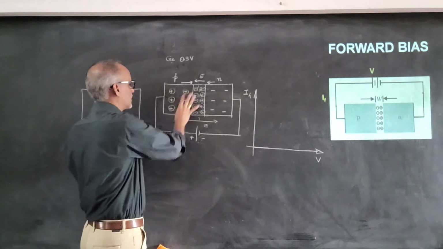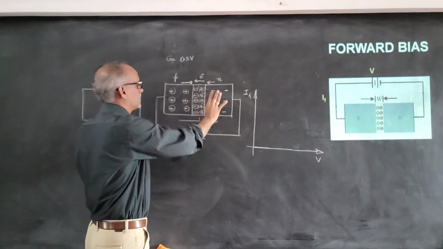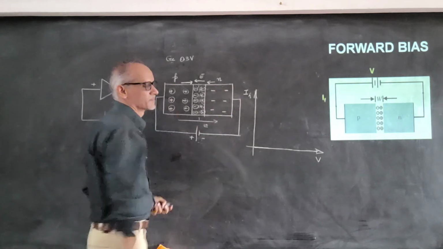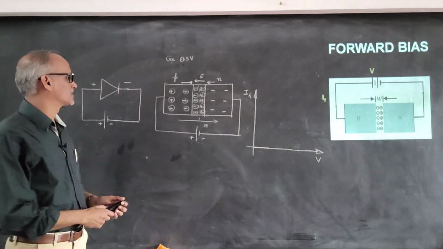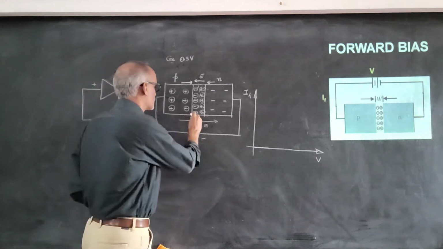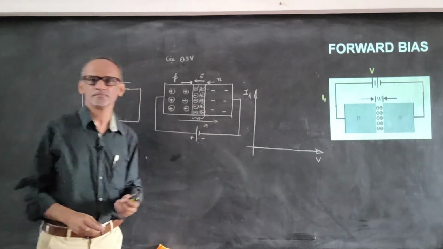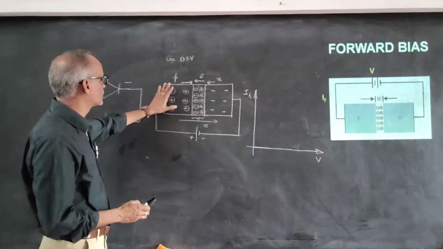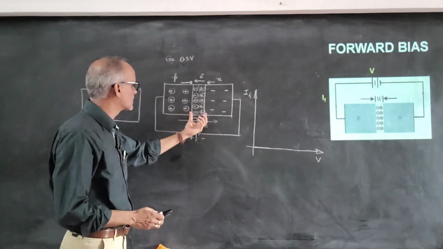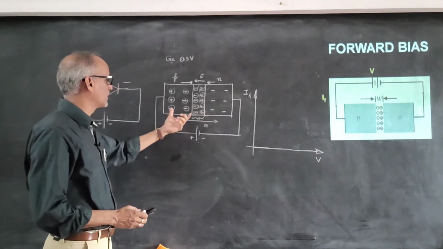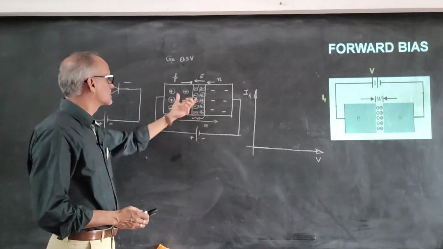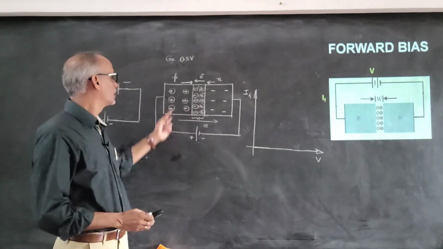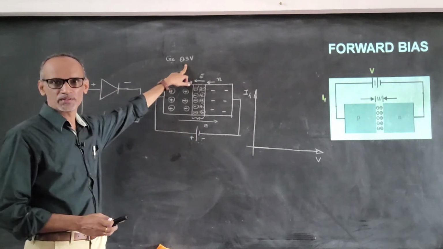So the majority charge carriers, which are the holes here, and the majority charge carriers, which are the electrons here, move towards the junction. The result of this is that the width of the depletion region decreases. The width becomes lesser and lesser because more and more charge carriers move towards the junction. And after that, this depletion region vanishes beyond the voltage which is equal to 0.3 volt, which is the